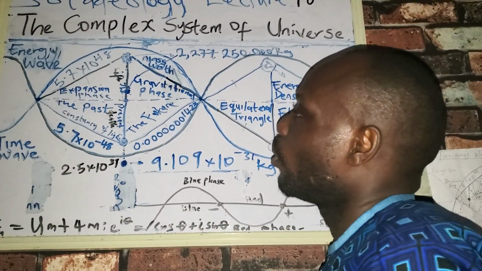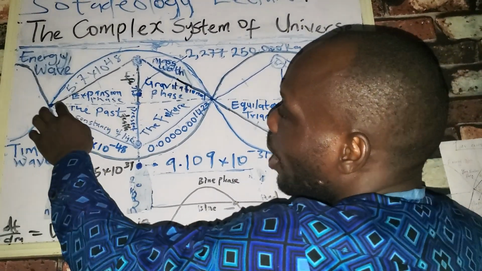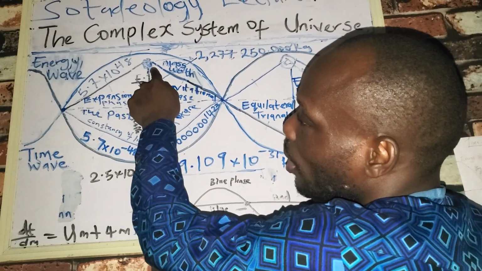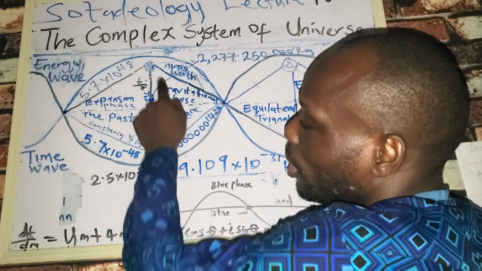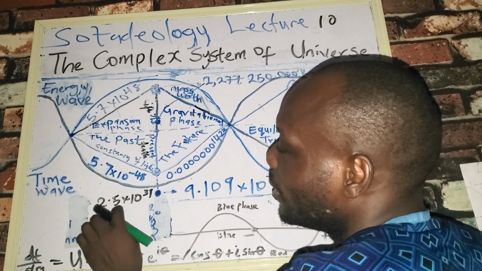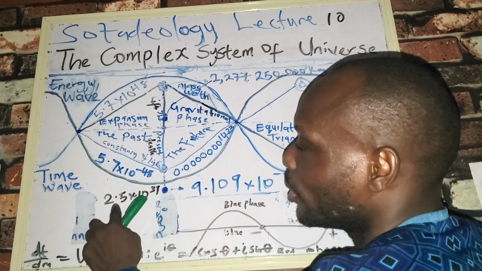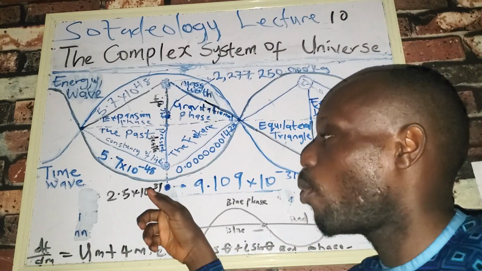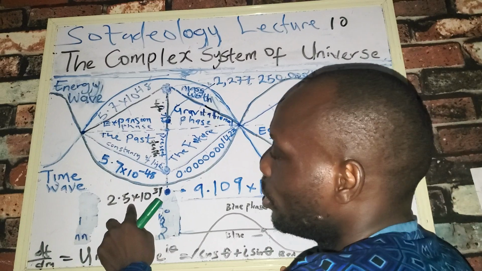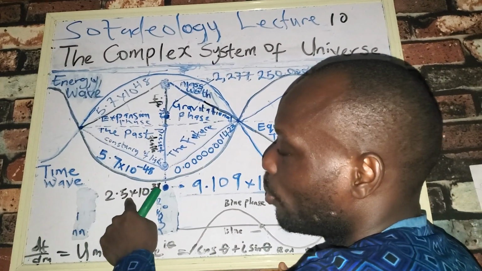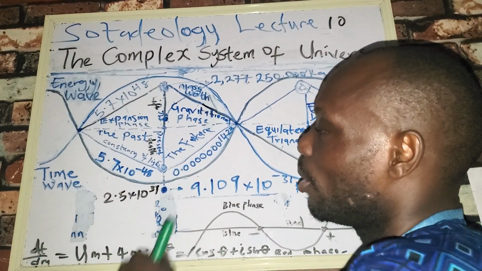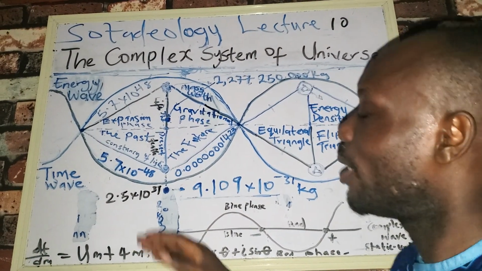Now, when you look at this strong wave conveying trajectory that suspends the weak conveying force, the value that actually gives us this 5.7 times 10 raised to power 48 is this. The constant value of the universe is 2.5 times 10 raised to power 39. So now, if we just temporarily remove this 0.5 such that we have 2 times 10 raised to power 39,